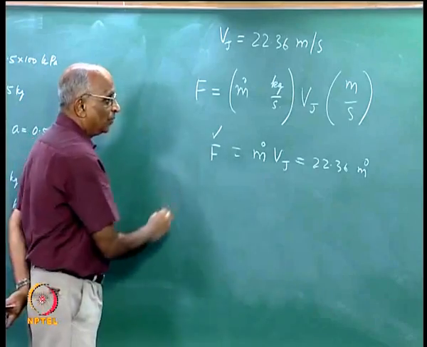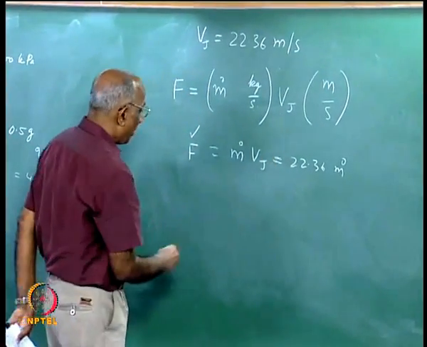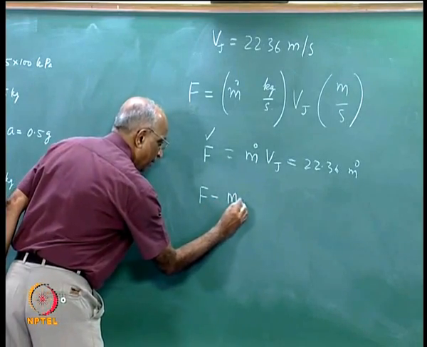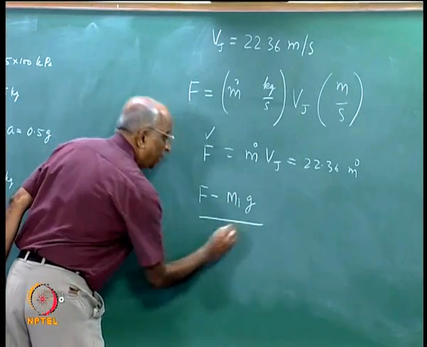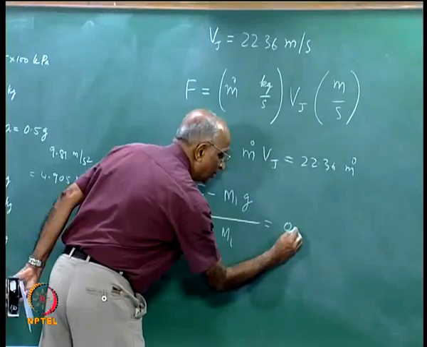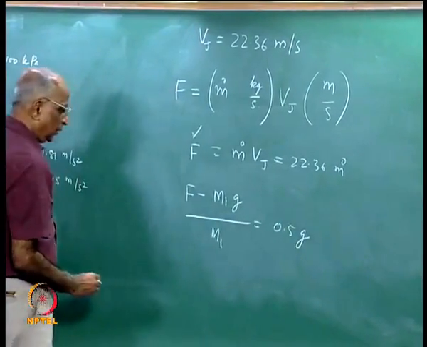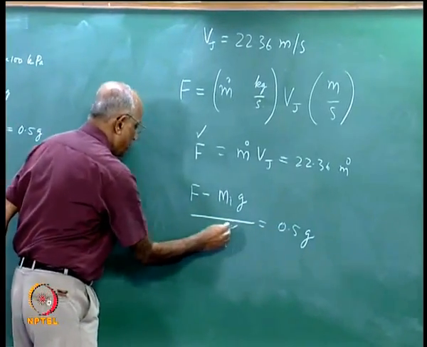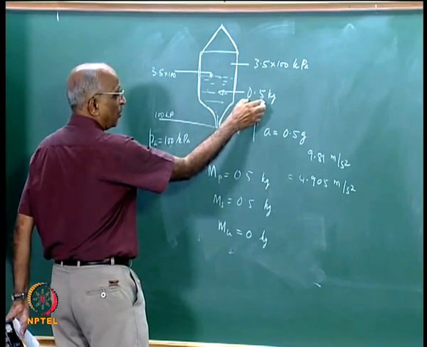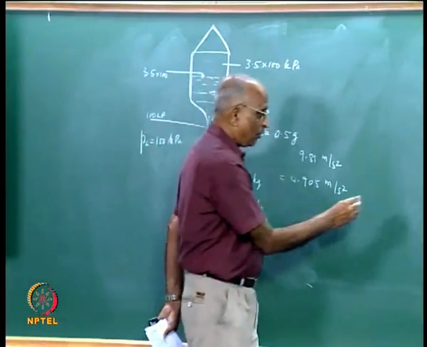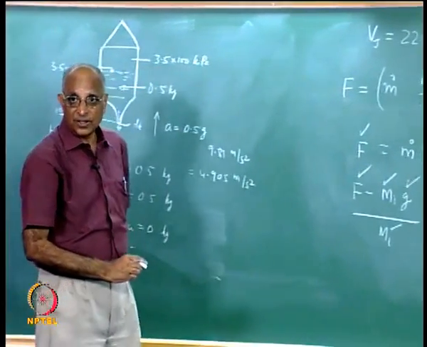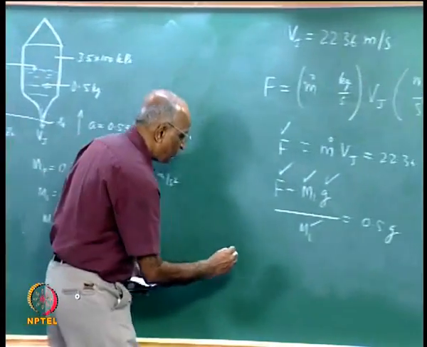Now what is the force? I go back to the equation I wrote here, I get (F minus mi g) divided by mi is equal to 0.5 g. Here g is 9.81. What is the value of the initial mass of the rocket? 0.5 plus the structural mass is 0.5, which is 1. Therefore, I know the value of mi, I know the value of g, I can calculate the value of F. Let us calculate it out. Therefore, F is equal to